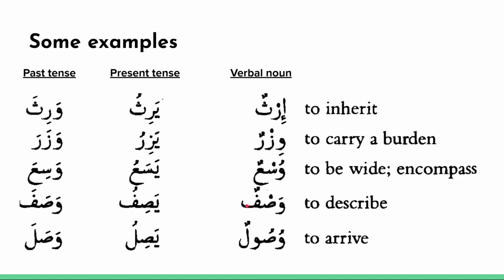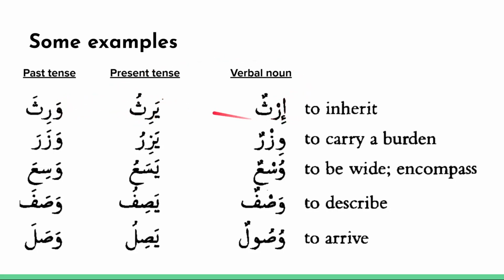Now let me show you some examples. We're not really focusing on vocabulary in this course, but I want you to understand exactly how the past tense and the present tense are related, and sometimes the easiest way is just to go through a few examples. So we have the past tense here, waritha, which means he inherited. Yarithu, he inherits. And we can also look at the verbal noun, which is the act of inheriting. It's irthun. Notice how the waw dropped in the present tense, and it changed to an alif in the verbal